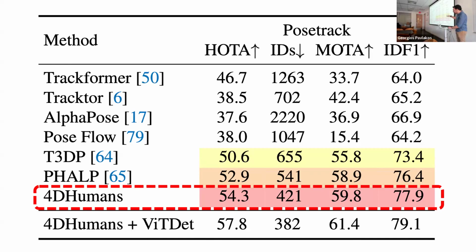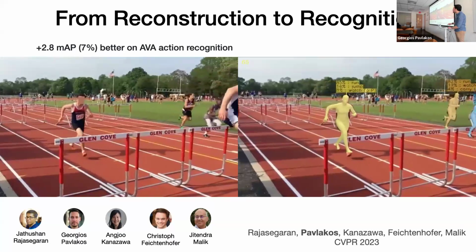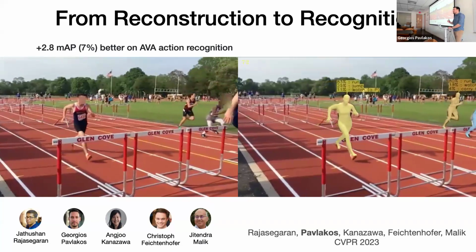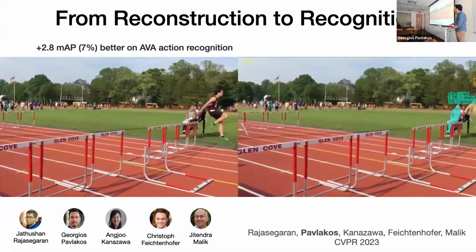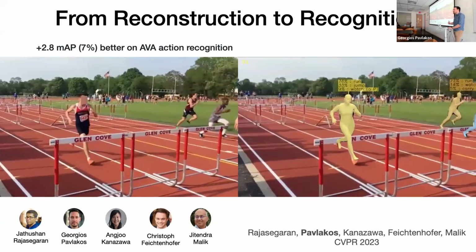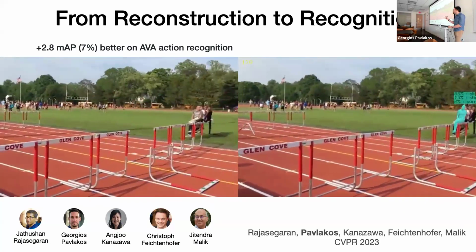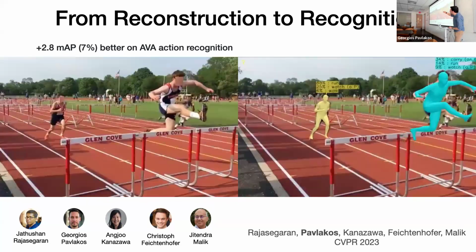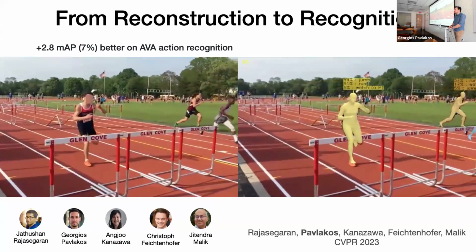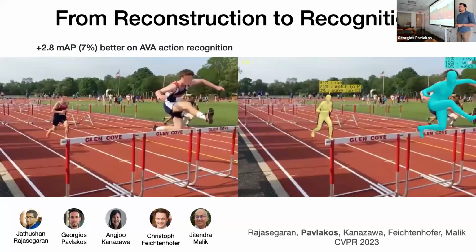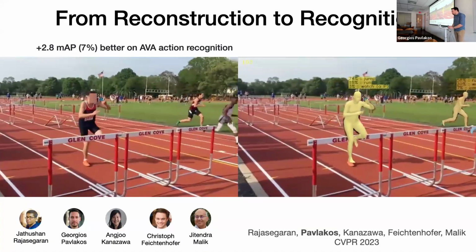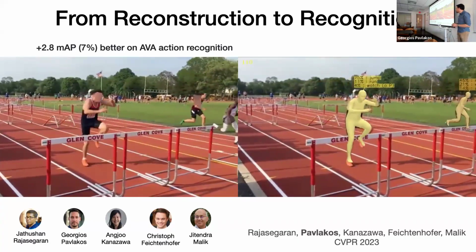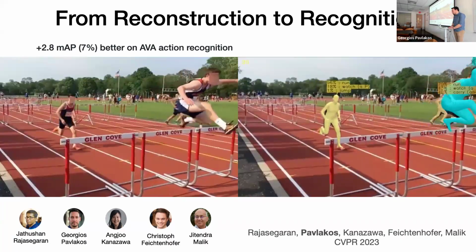The second task was related to action recognition. So we demonstrate how using this information from the reconstructions, the 3D pose of the people, the tracklets over time, is orthogonal to what the current systems for action recognition are using. So if you combine these 3D features with the existing 2D features of previous approaches, you can get a healthy delta compared to the state of the art. So this is just more evidence that the model is quite strong and can also be used for other downstream tasks, and can potentially be thought of as a foundation model for 3D human tasks.